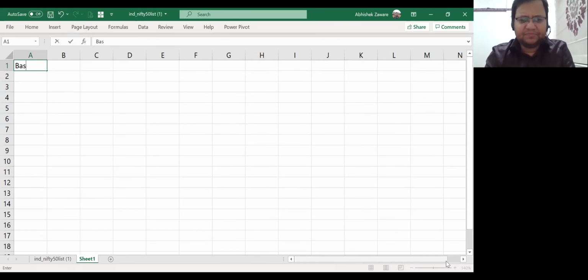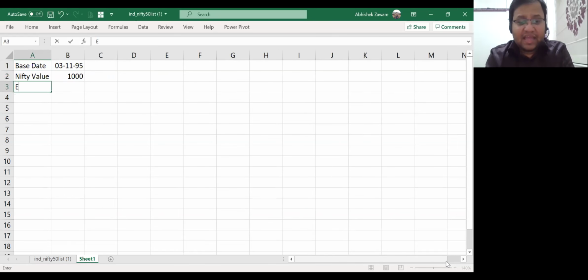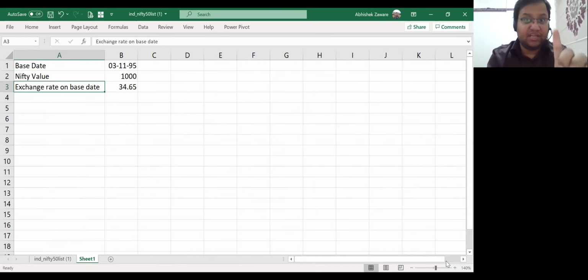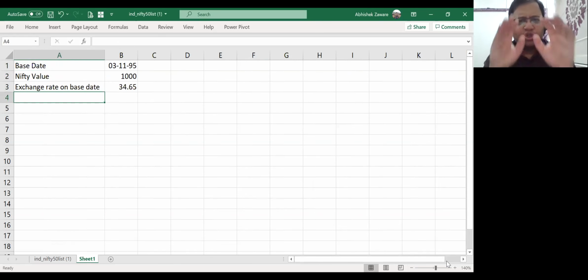What is the base date? Base date was 3rd of November 1995, right? Nifty value at that time was 1000, right? Nifty value was 1000. Exchange rate on the base date at that time was 34.65 in 1995. Understand this properly. 34.65. So imagine